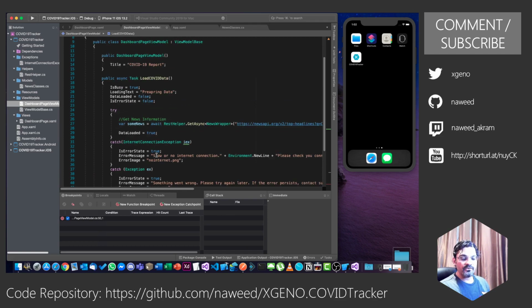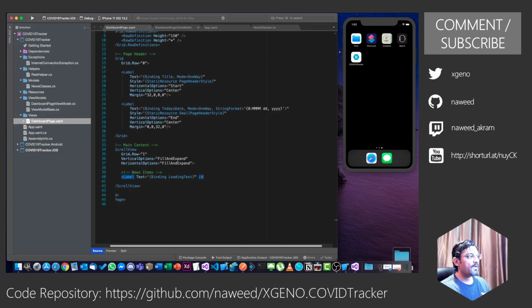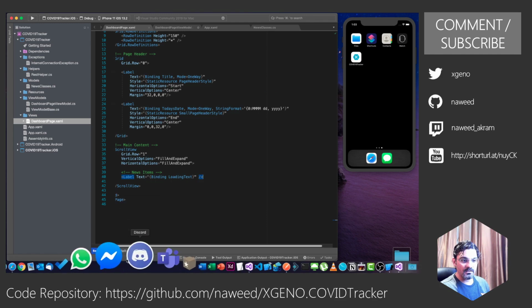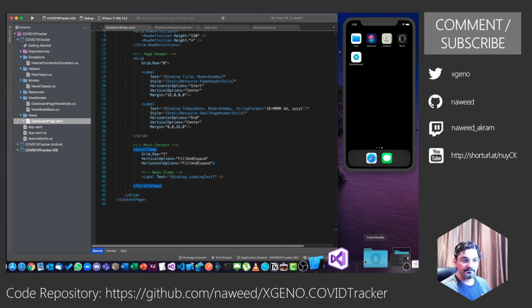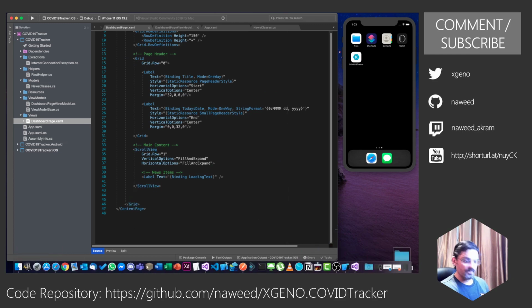So let us see that in action. For that to happen, we will need to create a section inside the Grid.Row for this indicator.